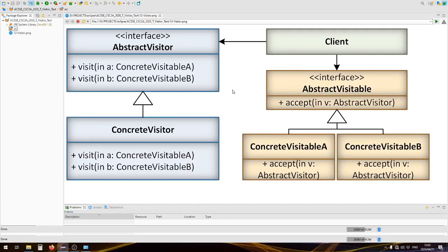Today I'm going to provide you with a tutorial on how to implement a very basic visitor design pattern. Now, if we look at the structure of the visitor design pattern that was discussed in the lecture, the visitor is made up of two very important interfaces. The abstract visitor that defines the visit functions for each concrete object that we want to then visit. We also have the abstract visitable interface that defines the accept methods that allow the concrete visitor to then visit